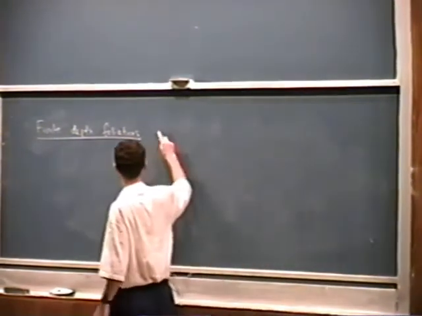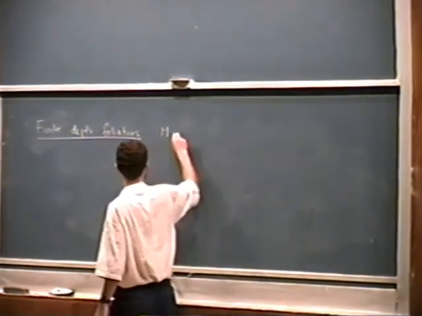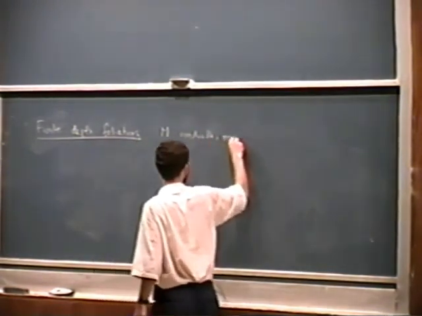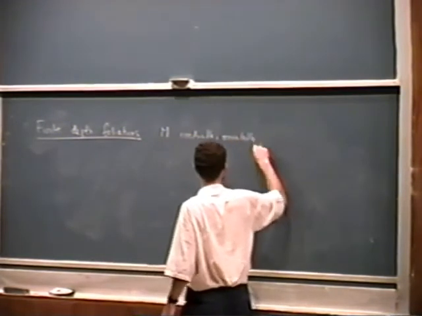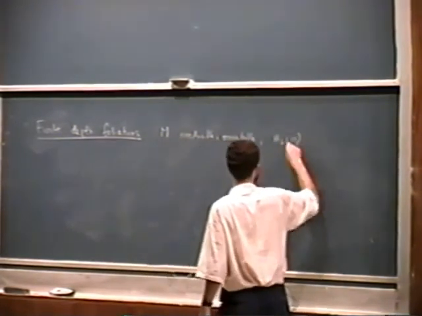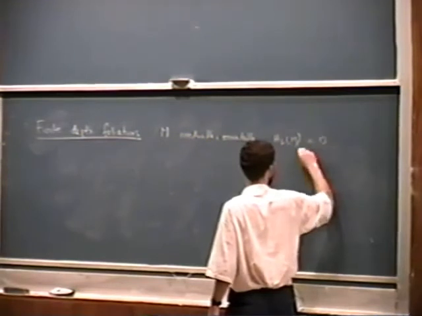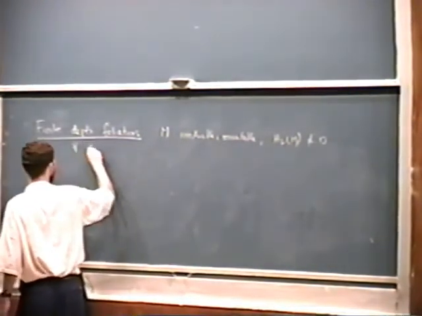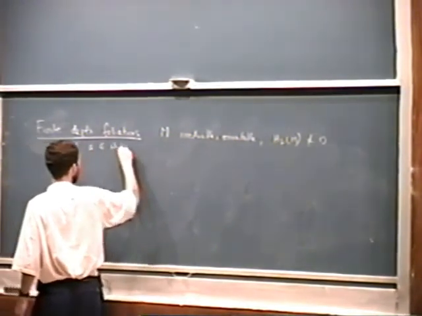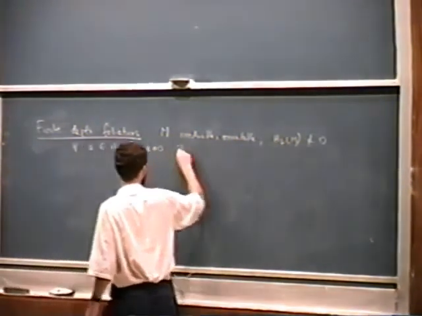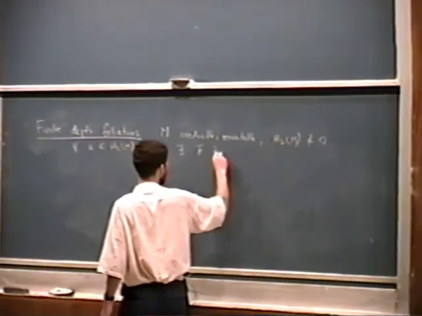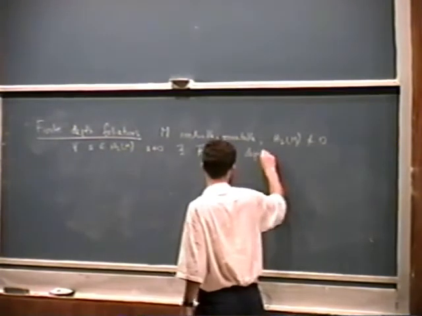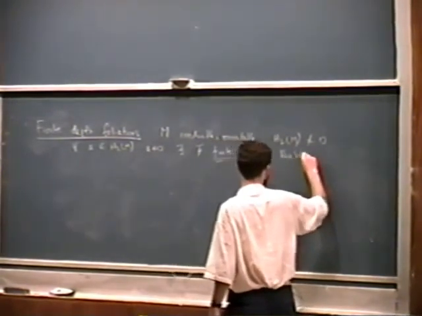Okay, so suppose that M is irreducible, orientable, and the second homology of M is not 0. So for any non-zero class A in the second homology, there is a finite depth foliation, which I'm going to say a little bit more about what it is in a moment,